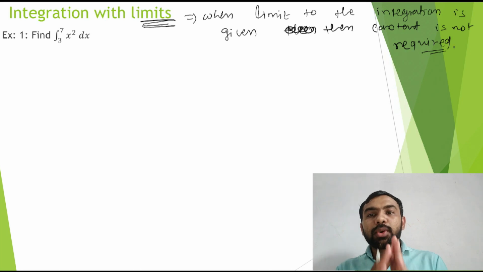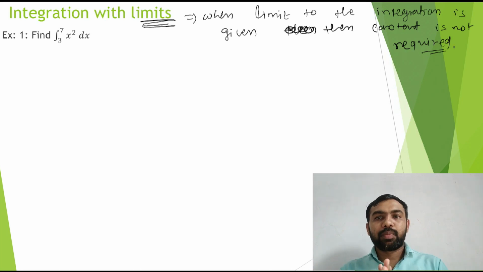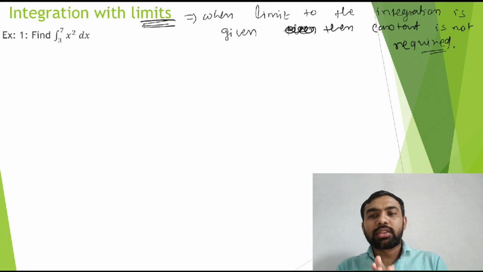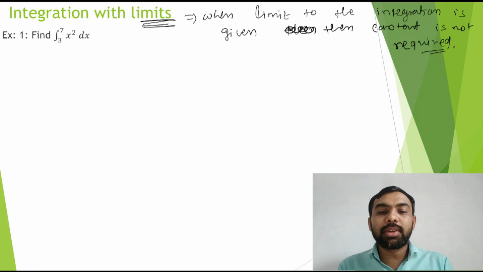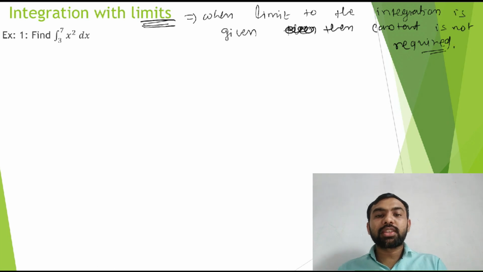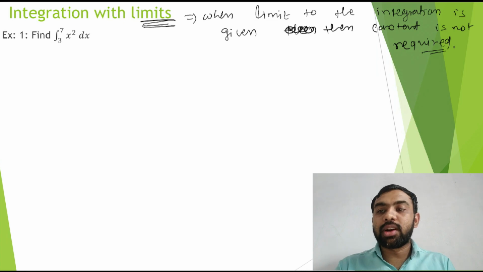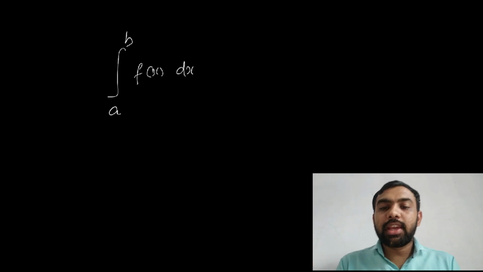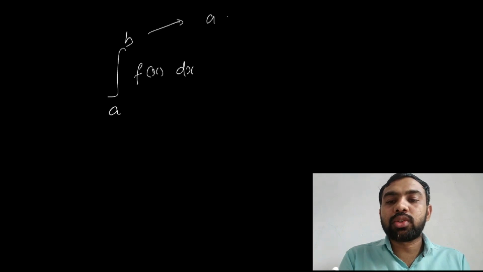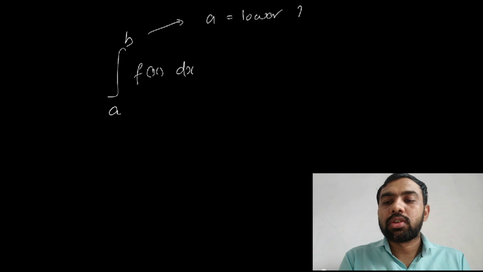Do not put the constant when the limit to the integration is given. So here the limit is given, 3 to 7. So here 3 and 7 are called limits. Write down one note here: integration from a to b of a function dx like this. Then this a and b are called limits. a is called the lower limit and b is called the